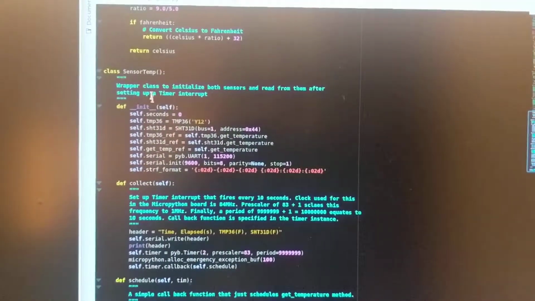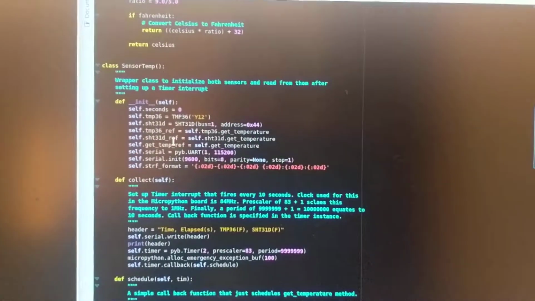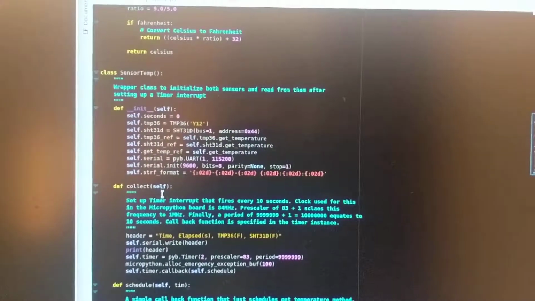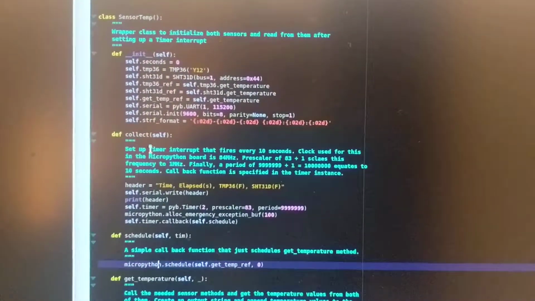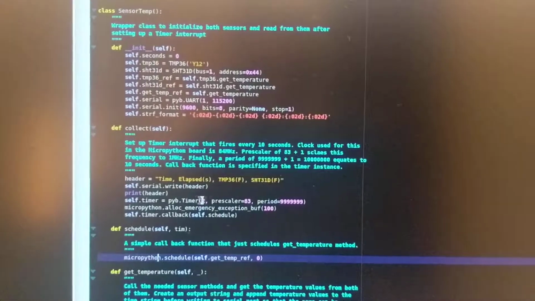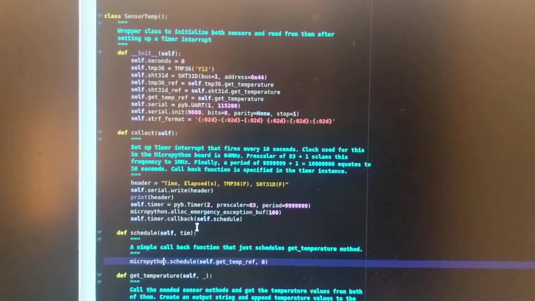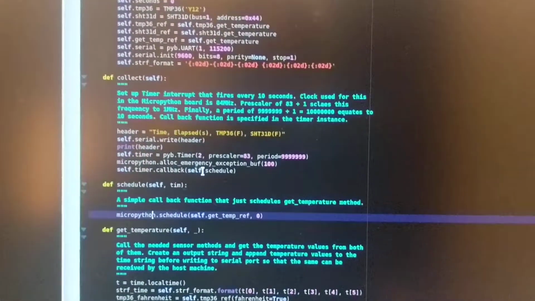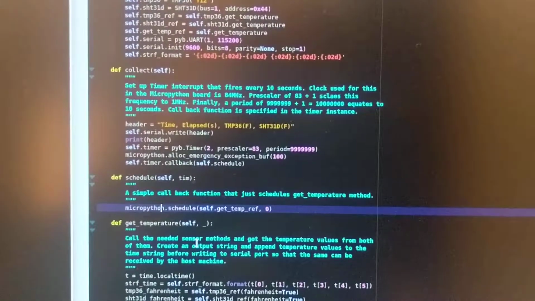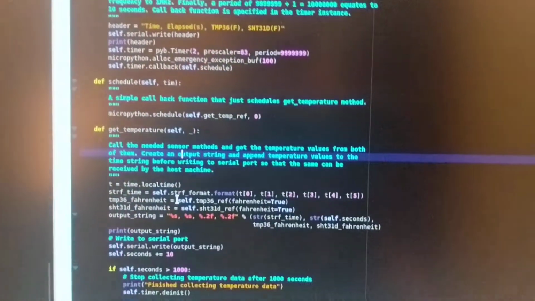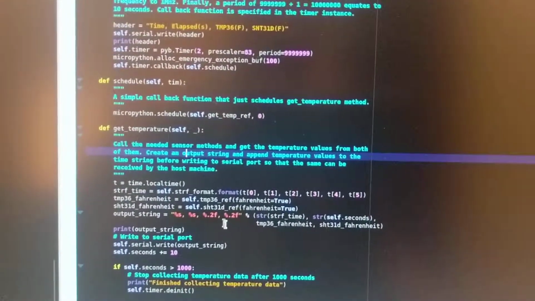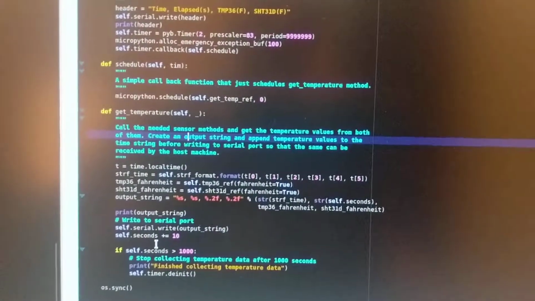So this is the sensor temp class, which is the main class here, where we initialize all the devices and all the sensors, and then call a collect function which collects data every 10 seconds. For that we set up a timer which fires every 10 seconds, and the timer callback function is called schedule, which all it does is call MicroPython schedule, which schedules the get temperature function, where we read the two sensors, and we form an output string,